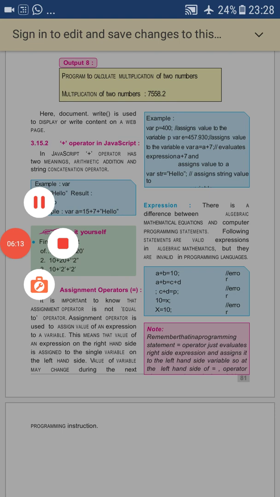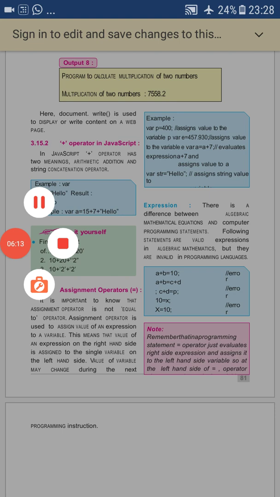So here, equal to, this is not the "is equal to" that we use in normal English language. There is a difference between assignment and "is equal to". If we have to write "is equal to" in JavaScript, we have to write it as double equals. But if we write a single equals, it means this is the assignment operator. The assignment operator is used to assign values to a particular variable, to any expression.